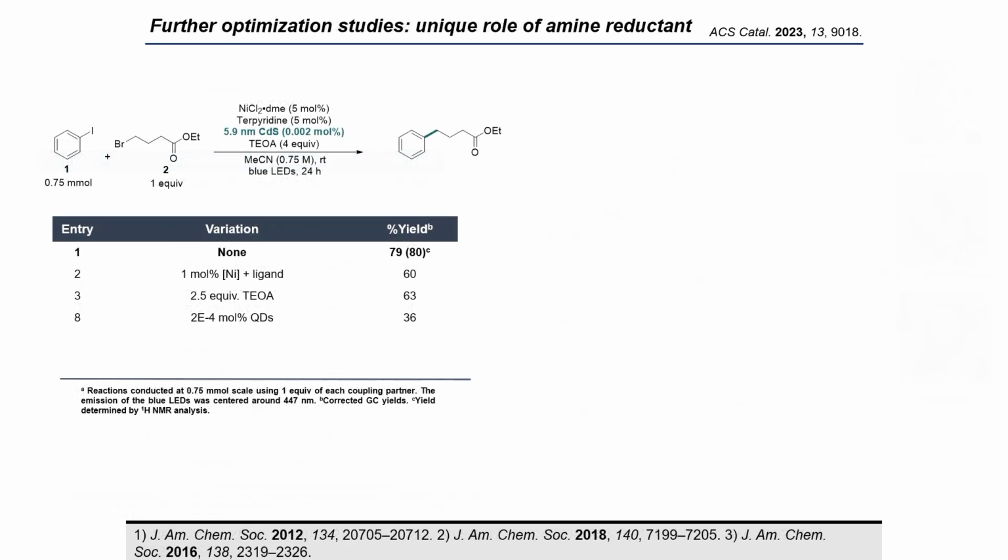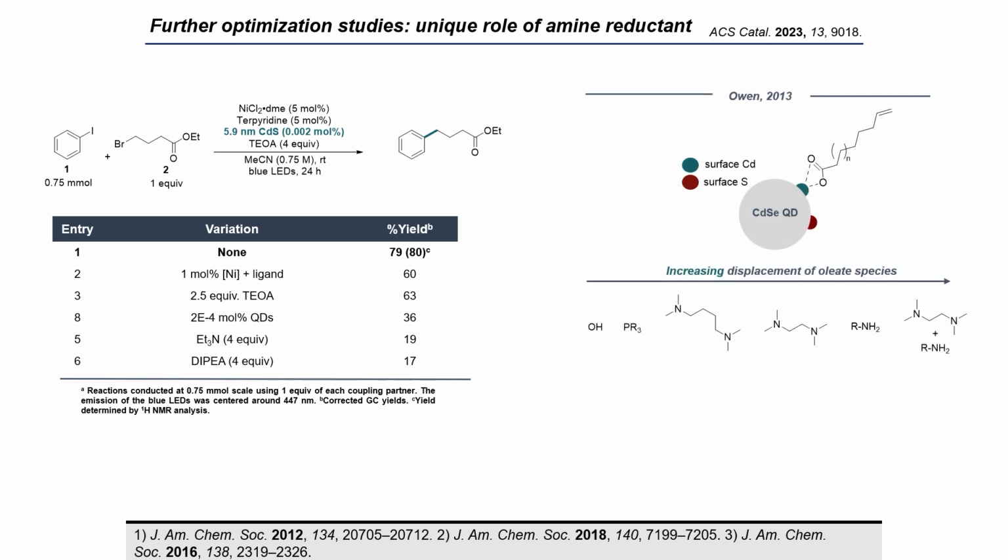Further optimization showed that reducing the loading of the nickel catalyst, the amine reductant, and the quantum dots all resulted in lower yields for the reaction. Additionally, during screening of different reductants, we noted that reductants such as diisopropyl ethylamine and triethylamine were not as successful in generating product. Given the nature of our photocatalyst, which is a heterogeneous material, there is a surface environment of